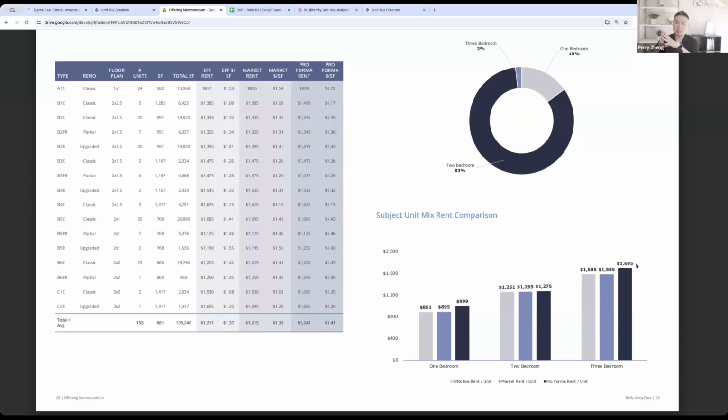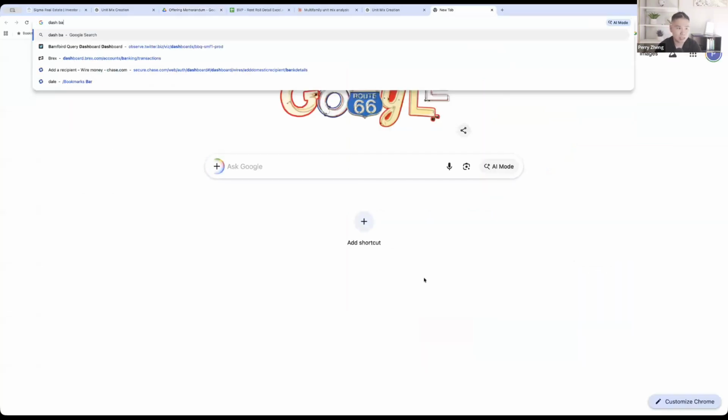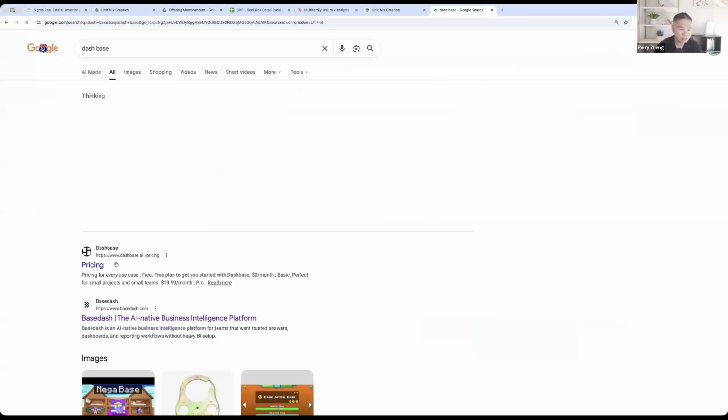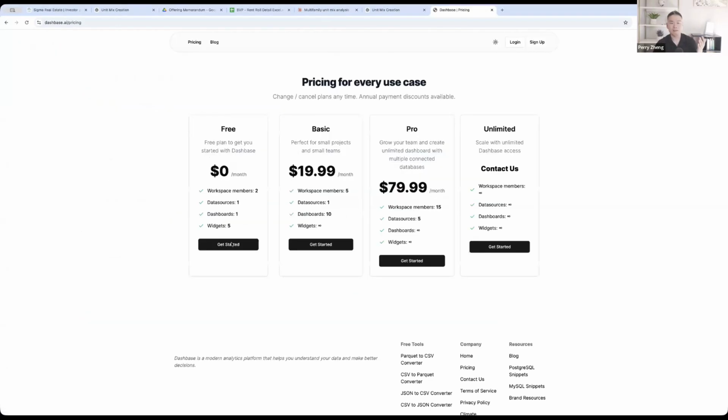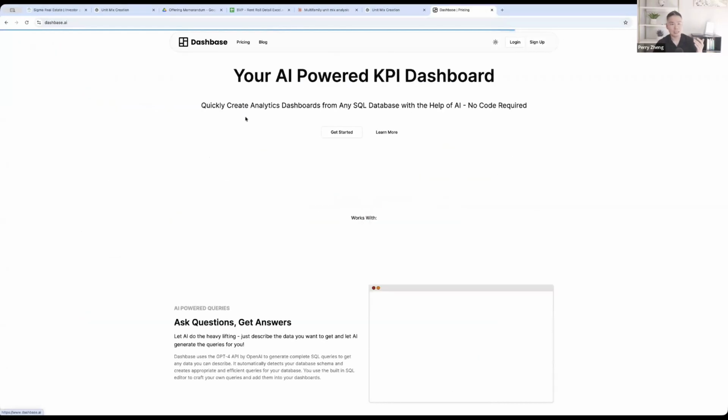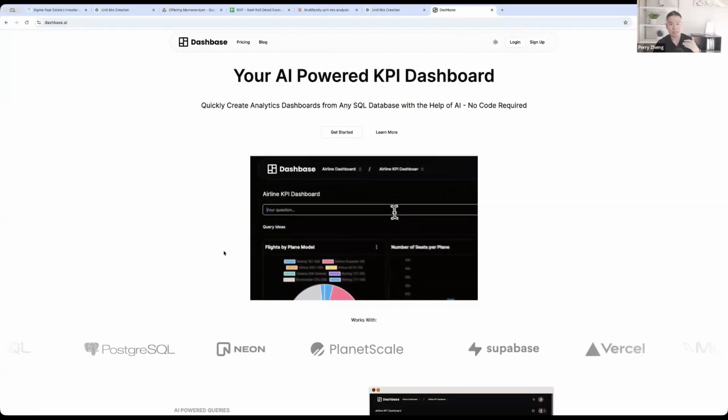When I was in a founder conference for SaaS startups, one of the founders connected all their payments accounts and all of their database to a company called Dashbase. The company is called Dashbase. I think this one. Dashbase right here. Dashbase.ai.